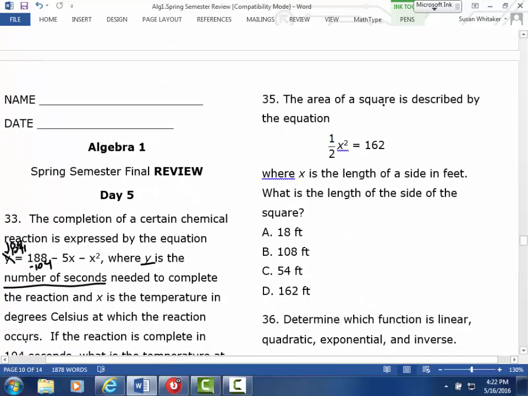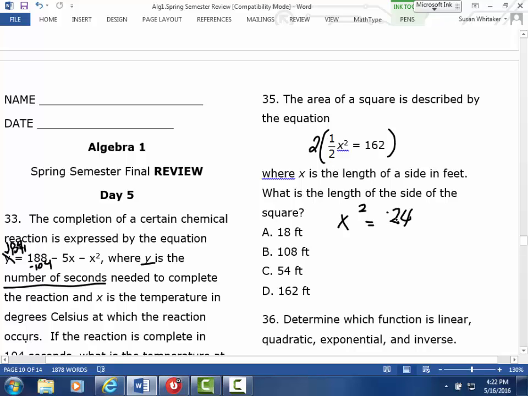35. The area of a square is described by this equation: 1/2 x squared equals 162, where x is the length of a side in feet. What is the length of the side of the square? Okay, again, several ways to do it. One thing when I'm solving, I really don't like to have fractions. So I would multiply this entire thing by 2 and have x squared equals